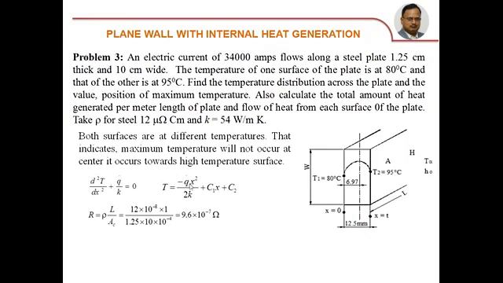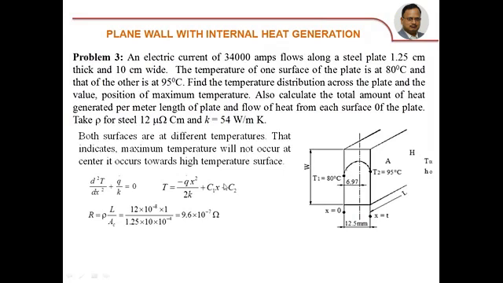And what is this q dot? Internal heat generated per unit volume. And to determine this q dot, first you have to determine what is the total heat generated in the slab. Because of the current passing through it, it generates heat energy Q, which is equal to I square R, where R is the resistance and I is the current flowing through it. The current flowing through the plate is given as 34,000 amps,